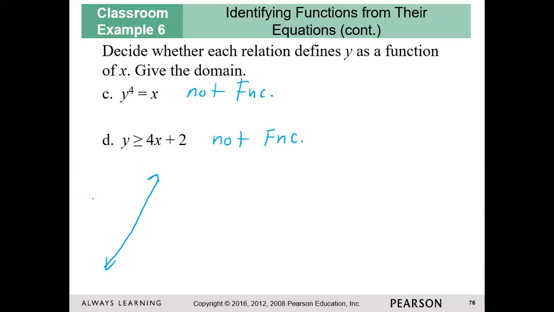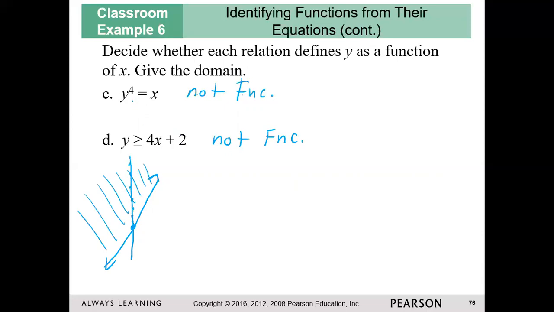I don't know if it's here or there. I'm just sketching this. So I know that there's usually some shading involved with these inequalities. And if there's shading involved, if I try to put a vertical line in here, it touches my graph here, but it also touches here, and here, and here, and here. So it is failing the vertical line test miserably, because that shaded region has infinitely many points in there that are touching a vertical line, and we're only supposed to have one in order for it to